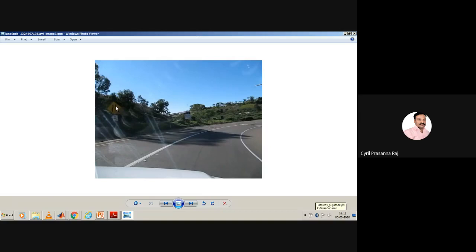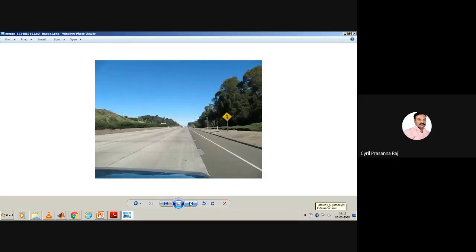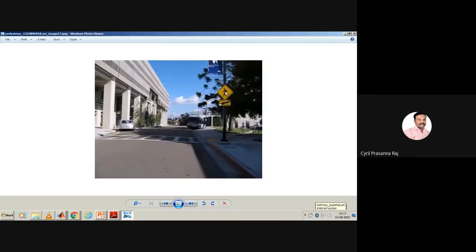See now again, this is another image, but the light here is very bright, while this signboard does not have that brightness. So we have to see whether we can process this and get the image. This is a bright image, so no issues. We can directly detect it. There are two signs now. That will indicate that there is a pavement where the pedestrians can walk. So we have to identify both of these.